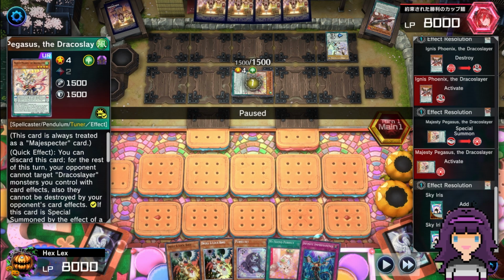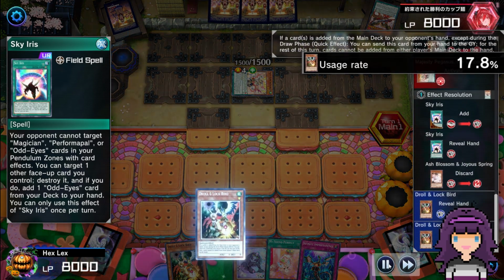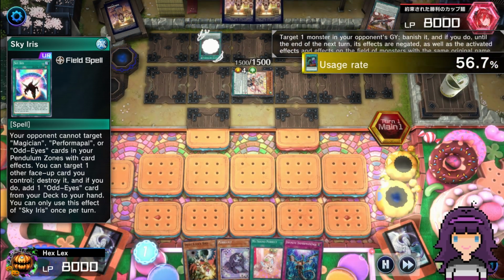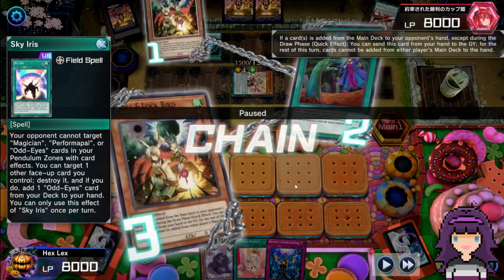I always mix up all these Pendulum archetypes, because they tend to run together, kind of like Cyber Stacks a little bit. But yeah, no, this is a pretty easy draw on Lockbird, because the Sky Iris wants to do more searching, so they even discard Ash Blossom, which is so good against this hand. So the opponent has a Called by the Grave for the Droll and Lockbird, but here's the thing, I can just chain the